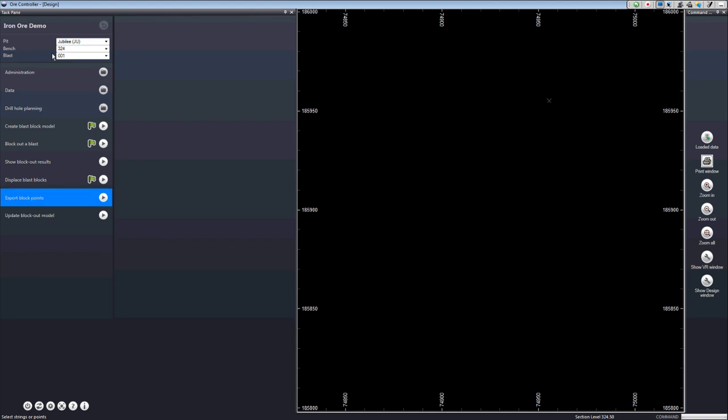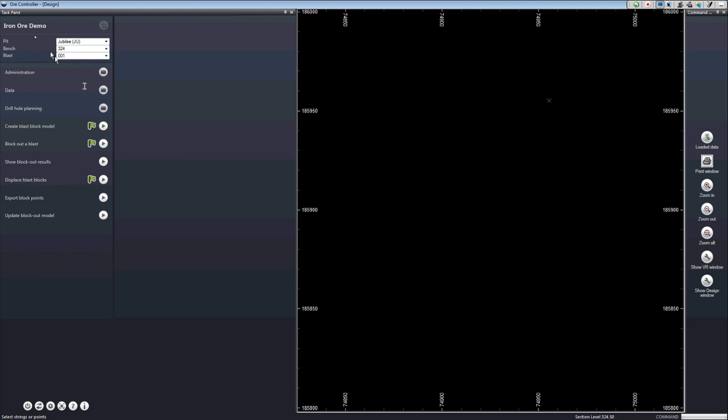First of all, you can see there's a mixture of folders, elements with a folder icon, and these elements below which have a start button against them. And these represent, as you can probably guess, the main activities in the grade control system. Just above it here is what we call the context selection panel. And here the division is into pit, bench, and blast. This is representative of what we would normally do with a grade control system, but it can be changed.